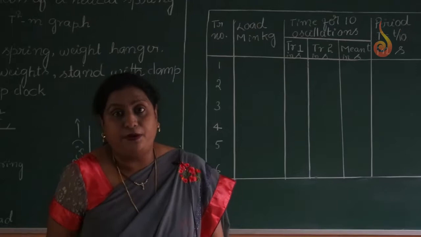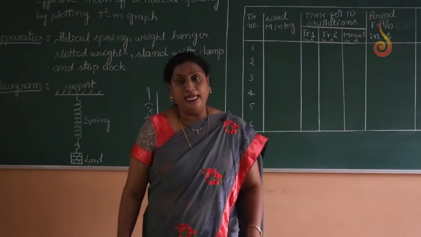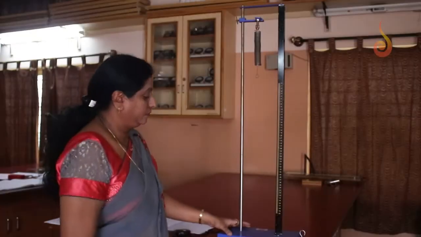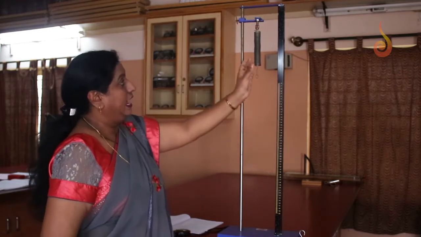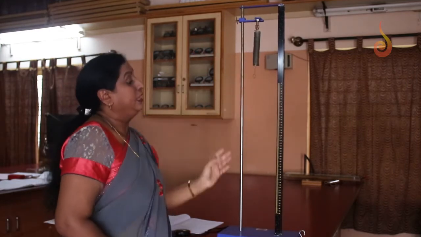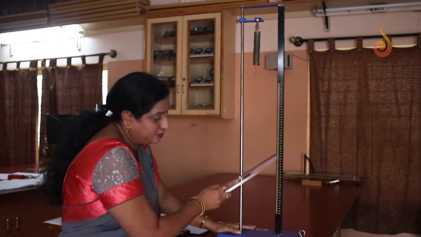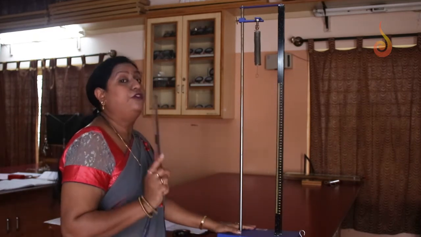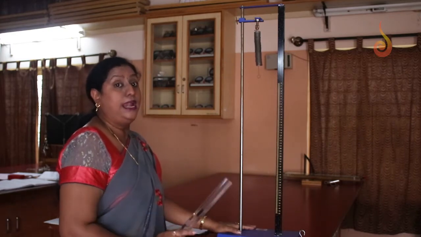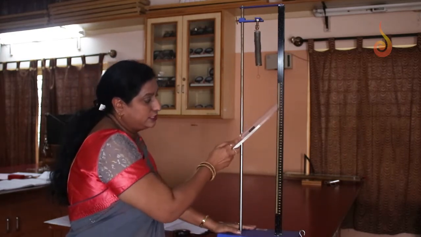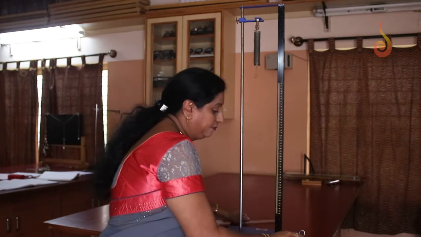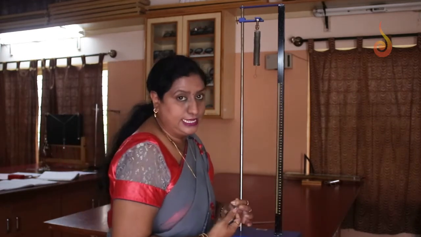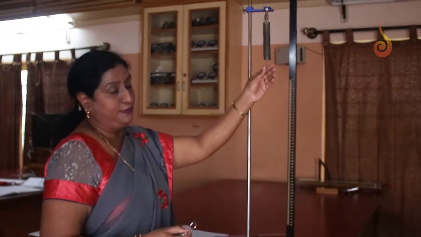Okay, so now let us perform the experiment and proceed with the calculation part. This is the experimental setup. This is the stand. This is the rigid support, and here we have fixed the spring. As you can see, there are graduations on this scale. As I mentioned earlier, if we are using the extension method and performing this experiment, then we will be using this scale. Since here we are not going to use that method, we will be continuing the experiment using the oscillation method. See here, I have some slotted weights here.